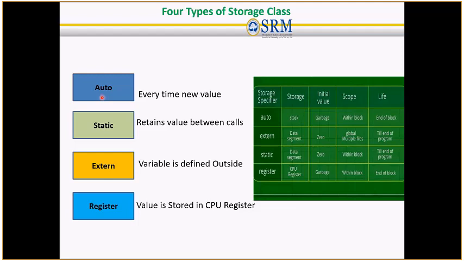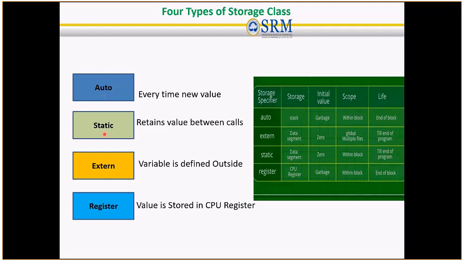This means only the block in which the auto variable is declared can access it. The keyword auto is used to define an auto storage class. By default, an auto variable contains a garbage value. Example: auto int age;